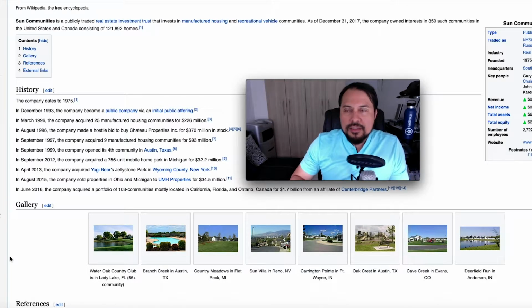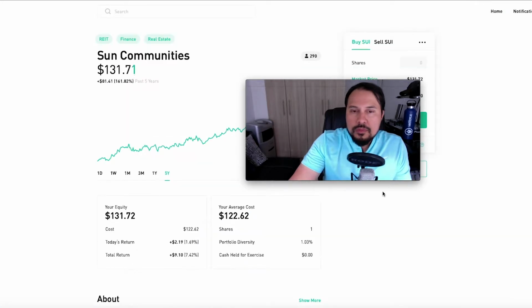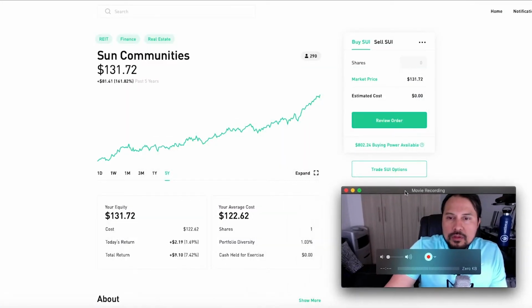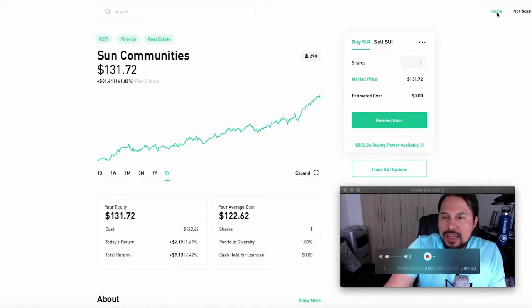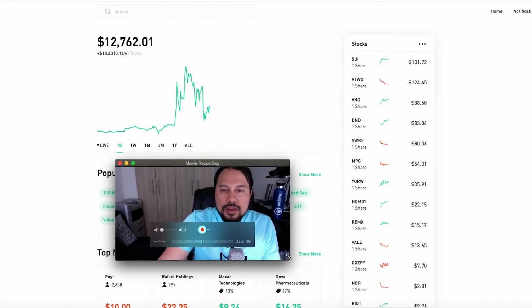So there you have it. This is Sun Communities. That's just a new addition to my index fund. So that concludes Sun Communities. Tomorrow I'll be talking about